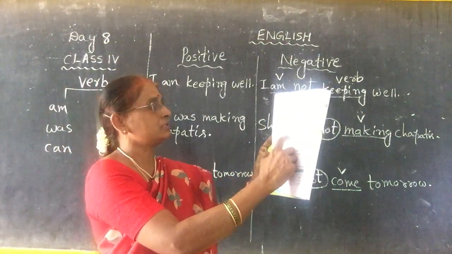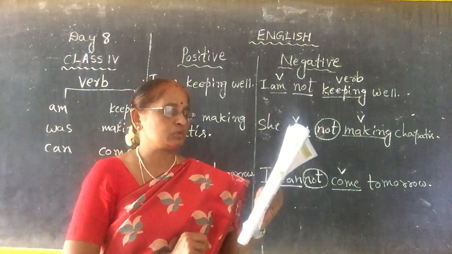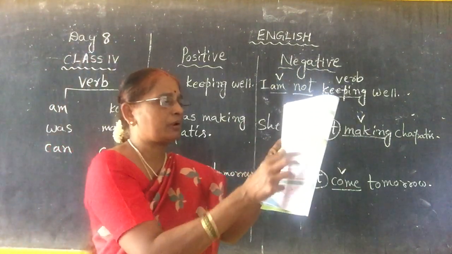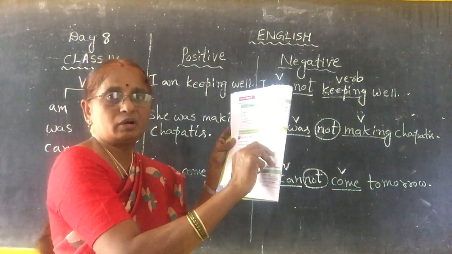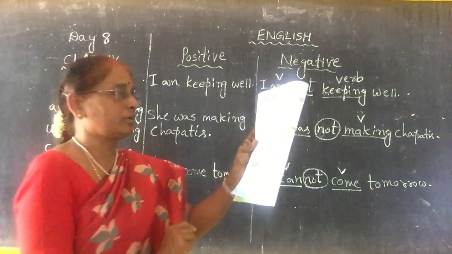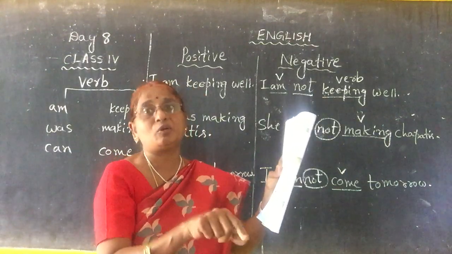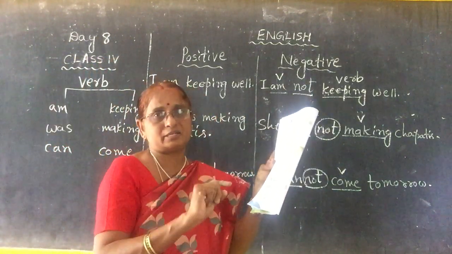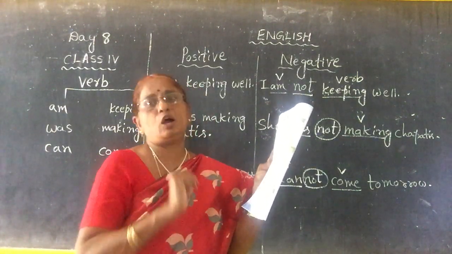Now see, practice time. How many sentences are there? Exercise D, 1, 2, 3, 4, 5. These five sentences are not all positive. See, they have given a word in the bracket, and according to that word we have to change the sentence. You observe carefully. Change the following sentences into positive or negative as suggested. What is the solution here? They have given the word in the bracket: change into negative or into positive. Like that we have to change.